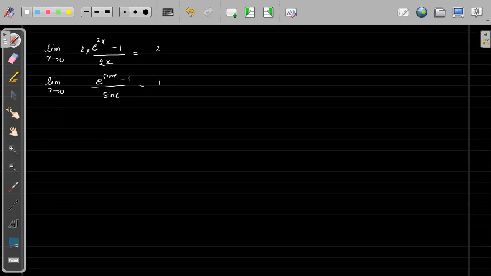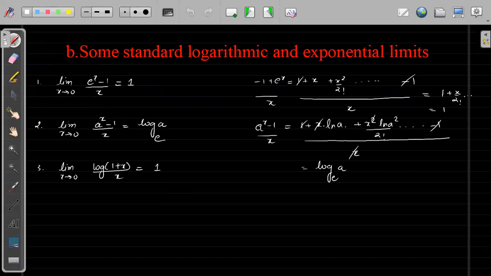So now you will remember what the standard limits are. Just write these three forms and remember them. However, if you do not mug these up, we know the expansion, so from the expansion we can always derive these. I hope these three forms are now very clear, because we have done these forms before.